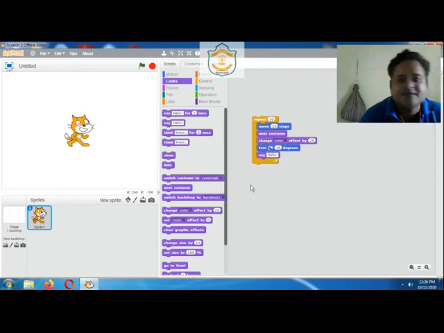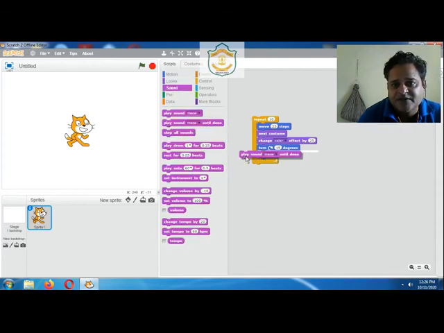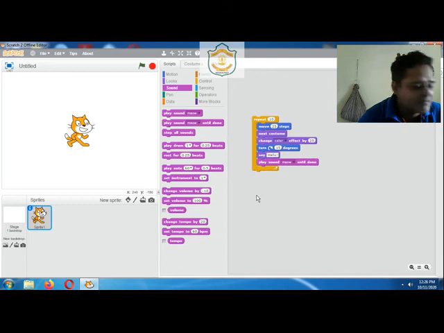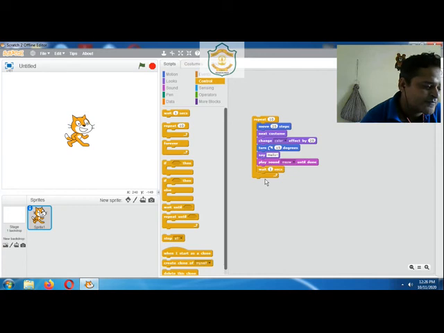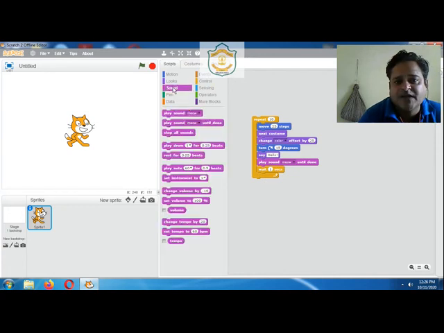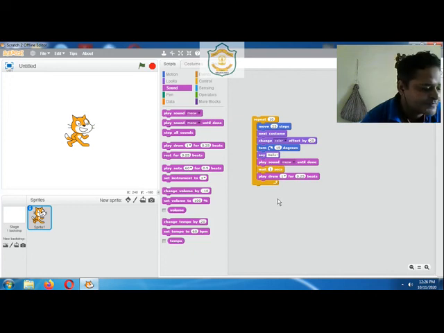Then play sound, so sound will be from here, play sound, I placed it there. Now from Control, it should wait for 1 second. Now again one more sound, play drum.